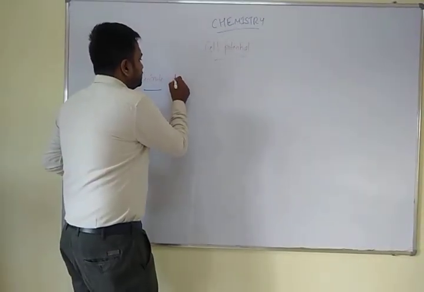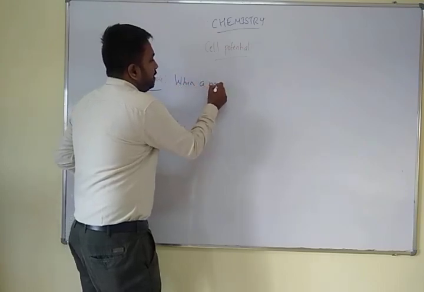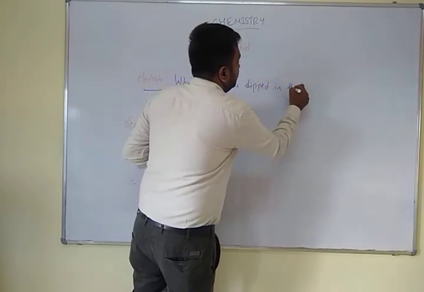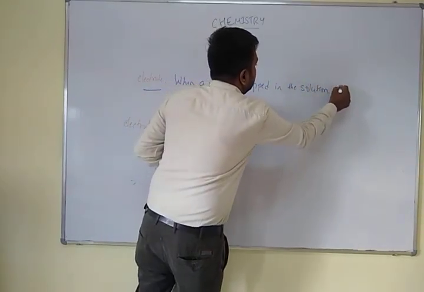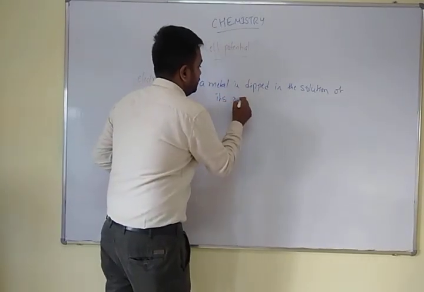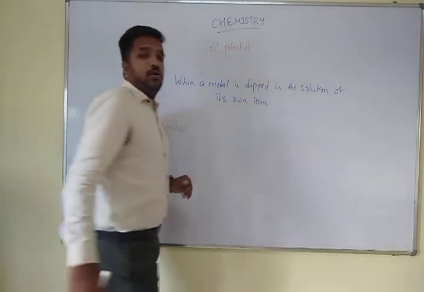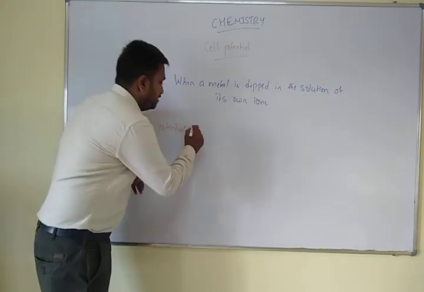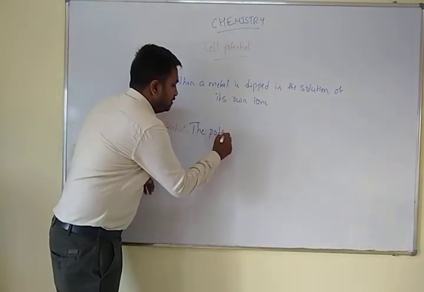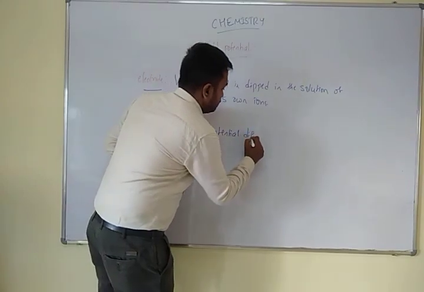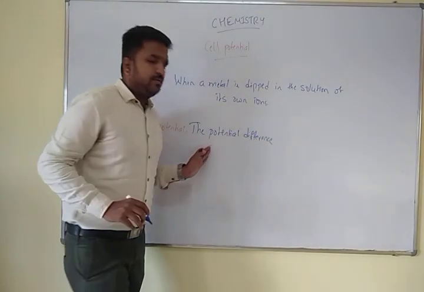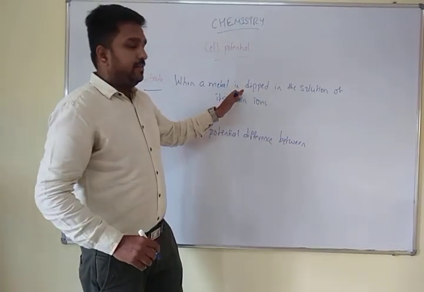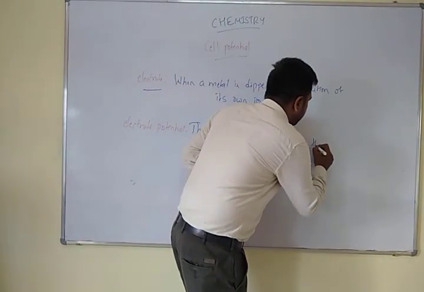So electrode is when a metal is dipped in the solution of its own ions, we will call it an electrode. Electrode potential means the potential difference between the metal rod